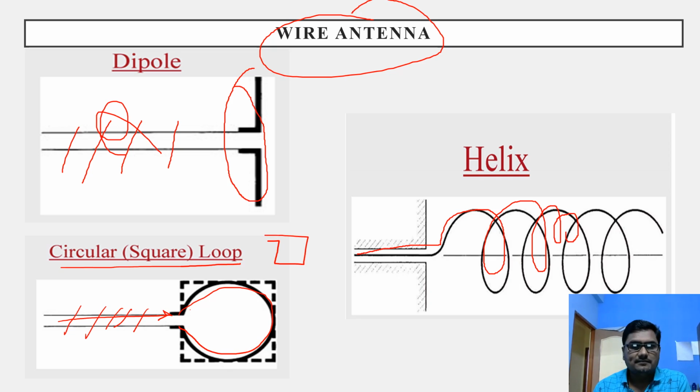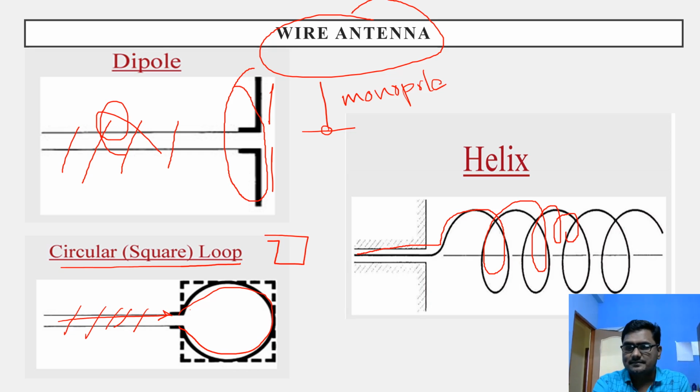So basically, a wire is radiating or receiving an electromagnetic signal. Fold the wire, it becomes an antenna. See, here the wire is folded half in this direction, half in this direction. It becomes a dipole. If there is a single wire and you connect a ground and connect a feed here, it will become a monopole. Look at this. It becomes a monopole. It becomes a helix. So a single wire can work as an antenna.